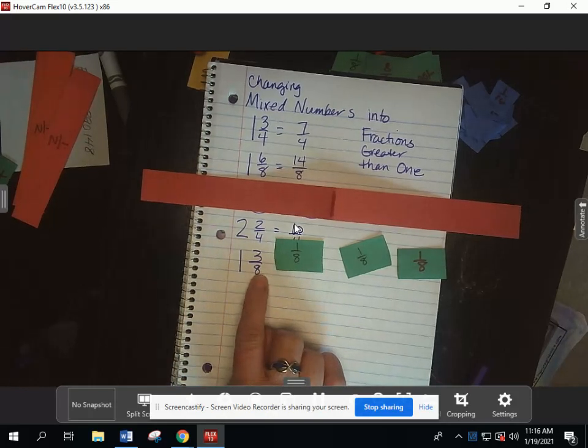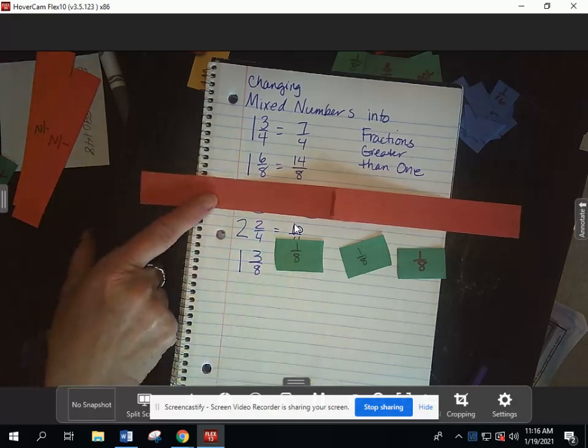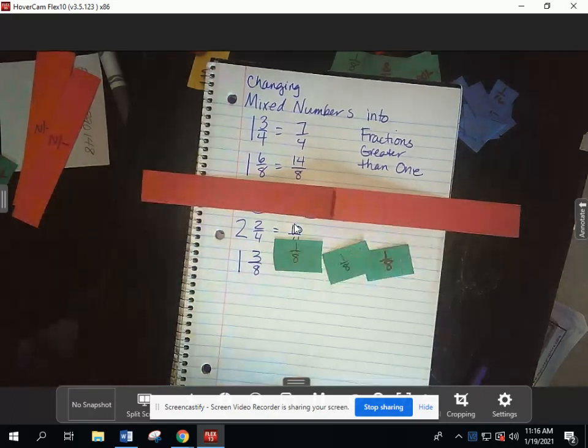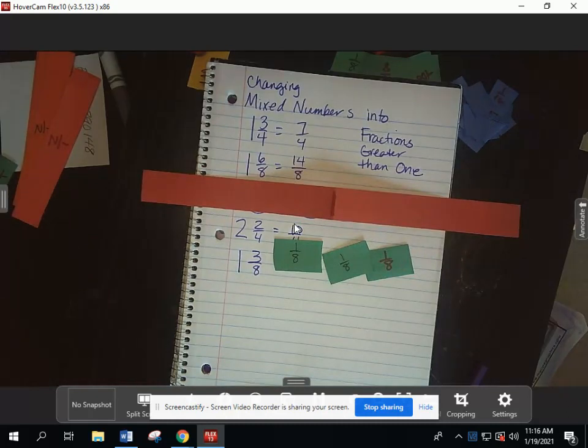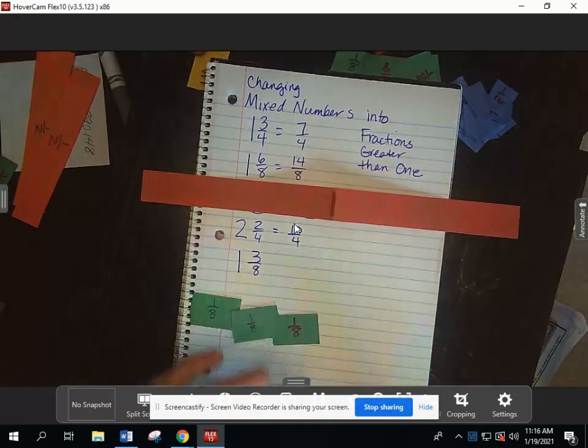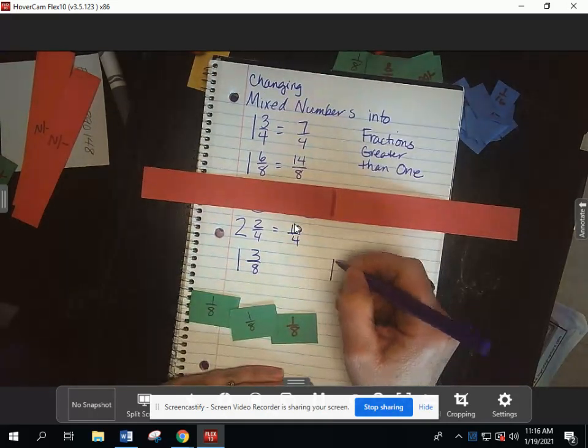Okay, so she looked at the denominator. The denominator says that we're working with eighths. And whole units are going to be divided into eighths. These are the leftover units. Remember our number corner lesson this morning. We wrote up ratio tables. And then at the very end, we went to having a remainder. And we learned how the remainder is made into a fraction. So if we were going to draw that like this morning,